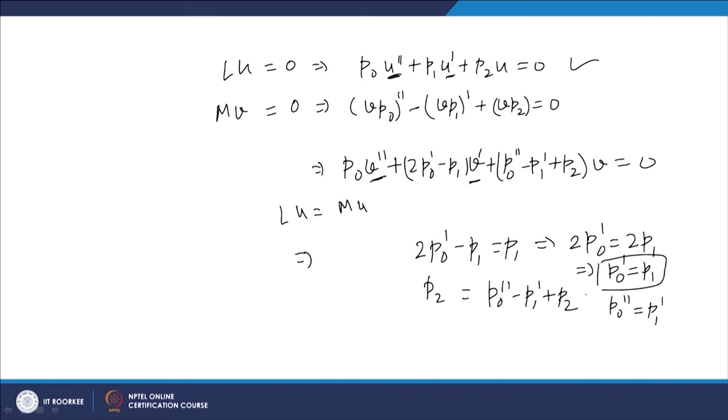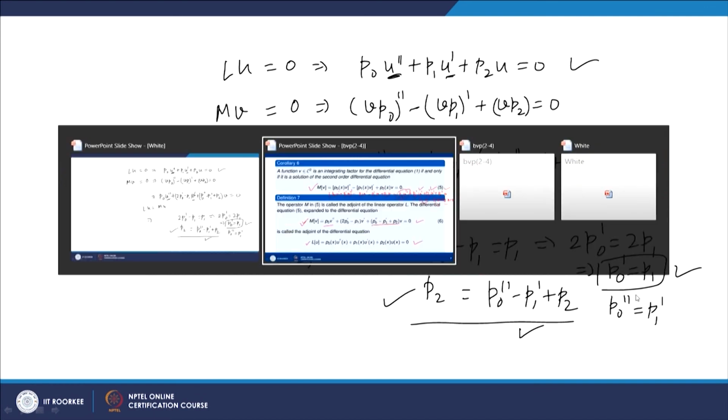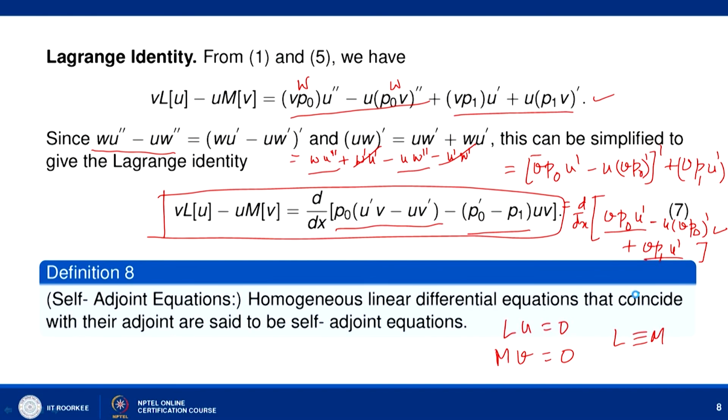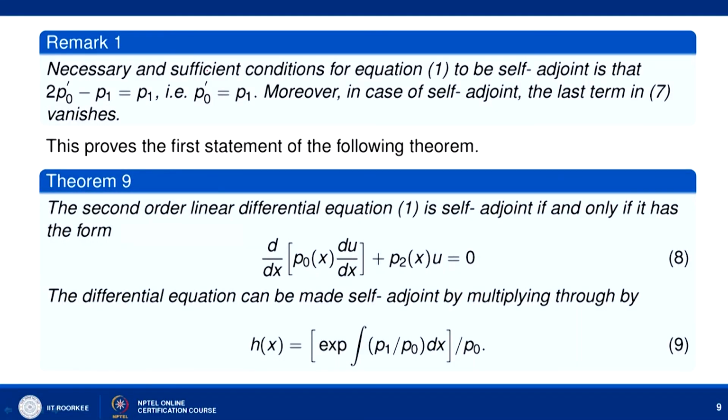So this condition is also trivially satisfied: if you take p naught dash equal to p1, then this condition is automatically satisfied. So we say that Lu is the same as Mu, provided that we have p naught dash equal to p1. That is what is written here, that the necessary and sufficient condition for equation 1 to be self